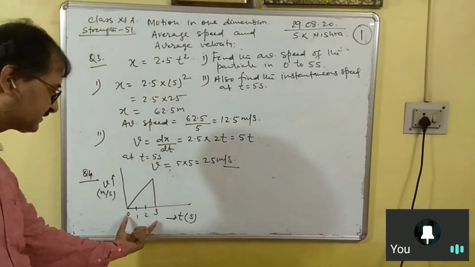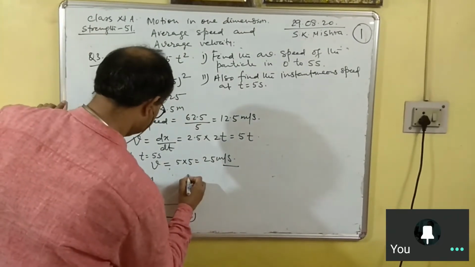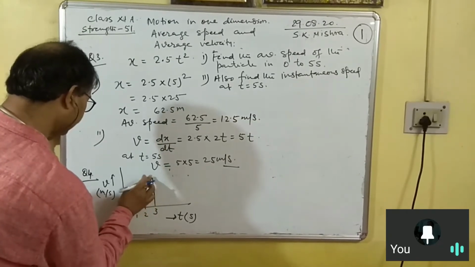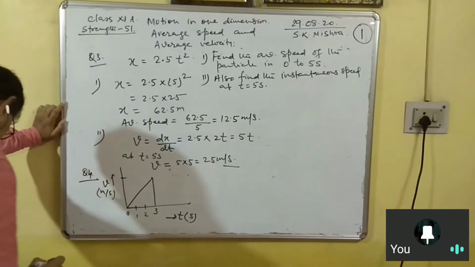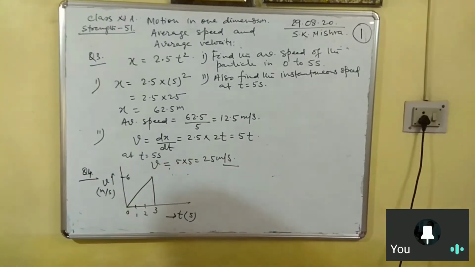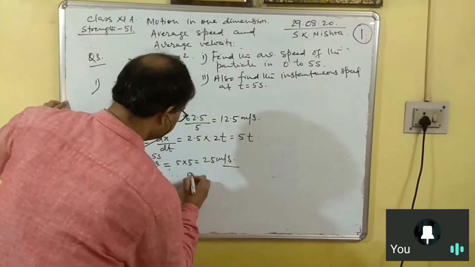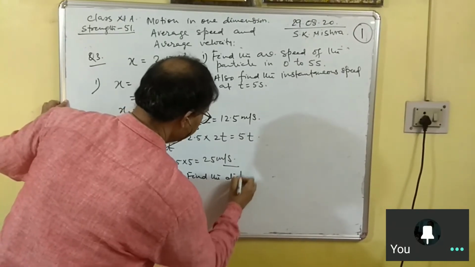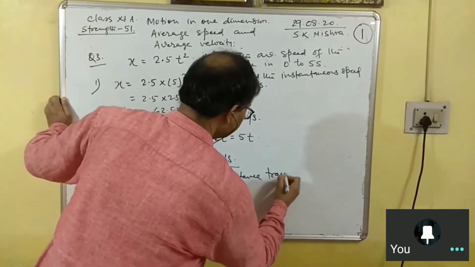So how much? This one is given to you. This is 6 meter per second. Okay. So find the distance covered. Find the distance traveled